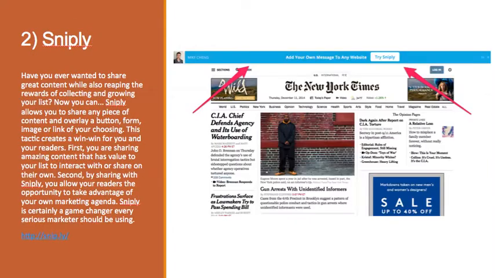The next thing on our list, Sniply. Sniply is an awesome tool that basically allows you to leverage other people's content. In this example, you can see how Sniply puts, it's pretty much like an iframe on top of other people's